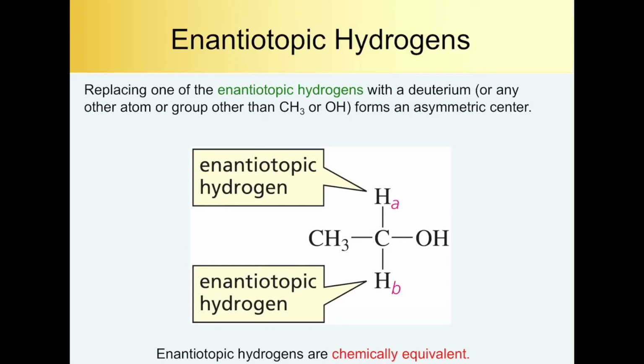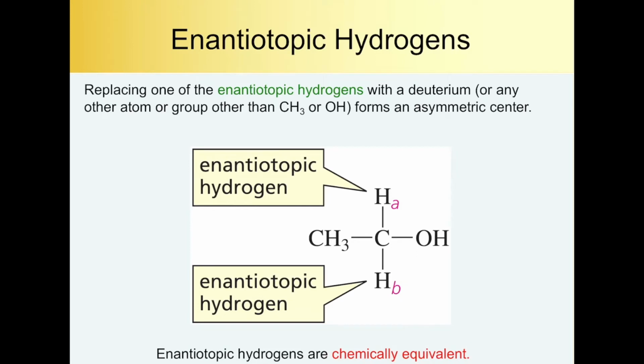Let's talk about enantiotopic hydrogens. If a carbon has two hydrogens attached to it and also two non-identical groups attached to it, then these two hydrogens right here are said to be enantiotopic hydrogens. Remember, the enantiotopic hydrogens are going to be chemically equivalent, meaning that they are going to exhibit as one signal